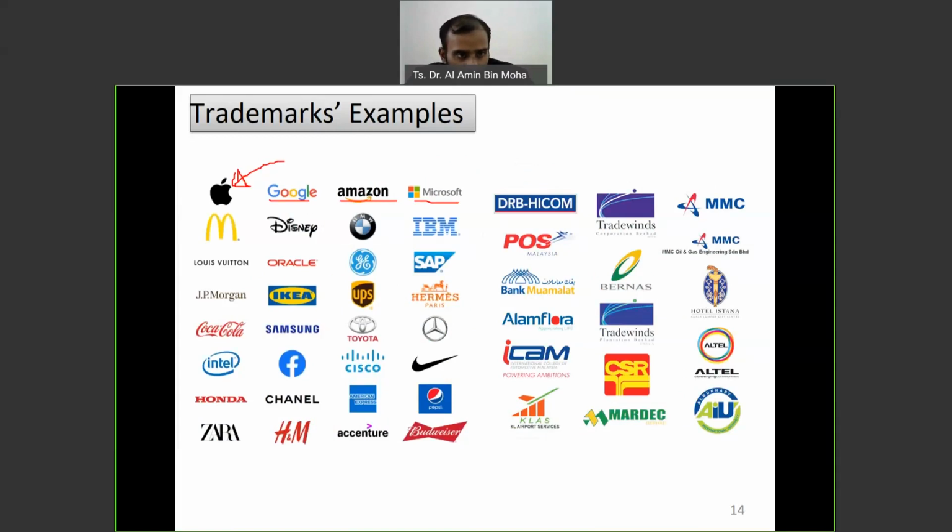It's just an M, but we know this is McDonald's. You know this is BMW, IKEA. It's just an F, but we know this is Facebook. So these are the international brands, and we also have our local brands here, like RB Highcom, Martec, Alam Flora, Verna. So these are the trademarks.